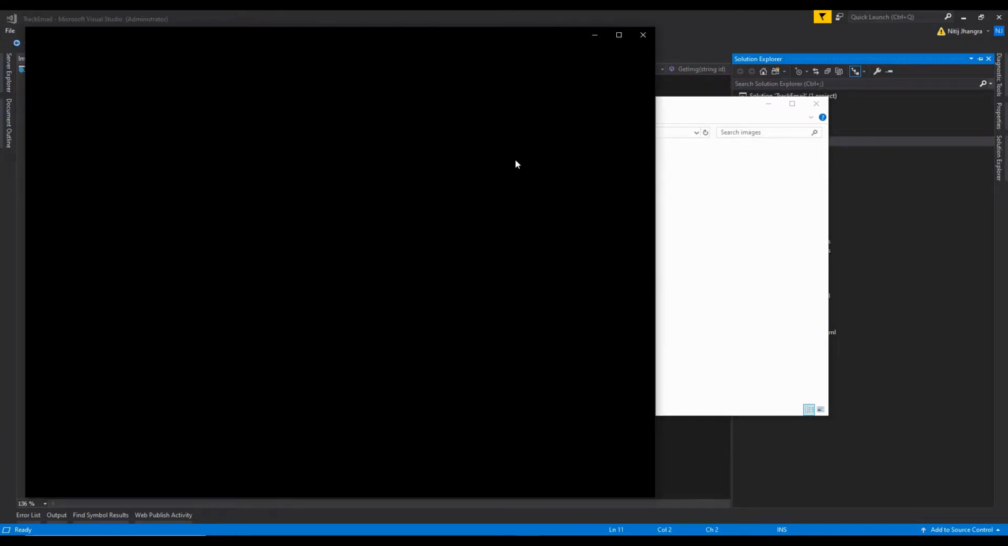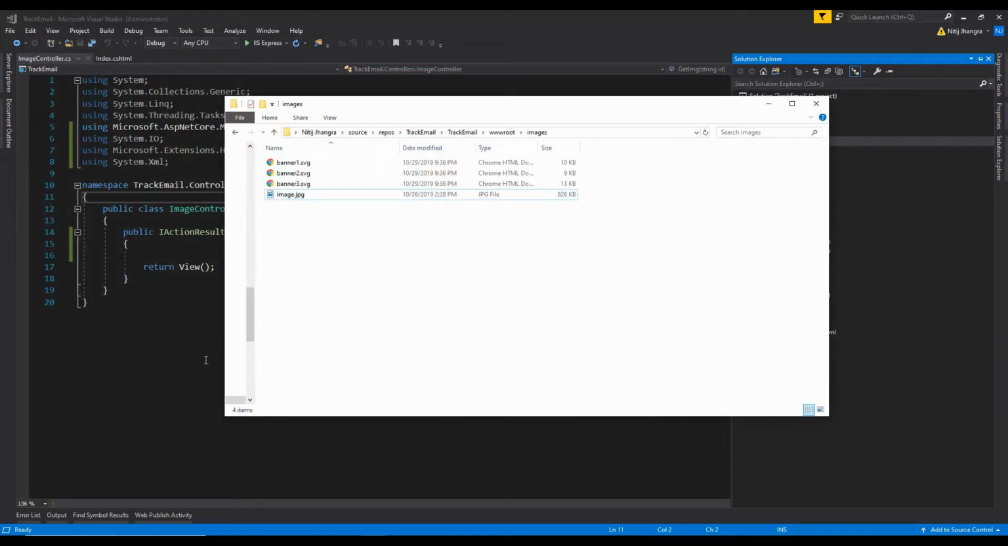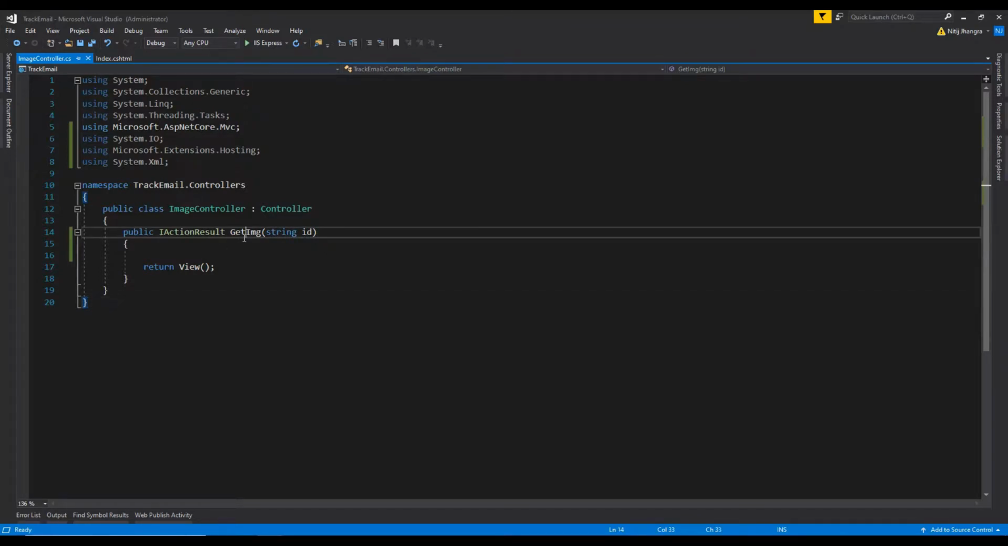So I downloaded this image from Adobe Spark, which is a great tool to create such kind of graphics, and this belongs to a template. Alright, so now we have our image. Now we can write the code to actually return this image to the browser whenever this controller and this get.img